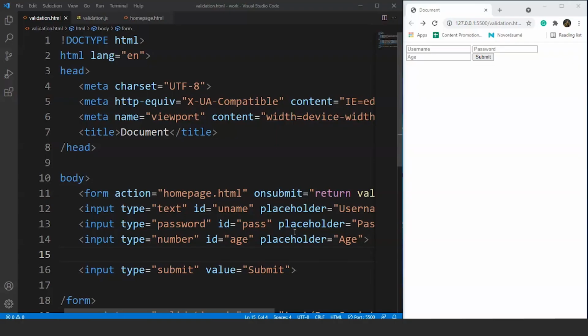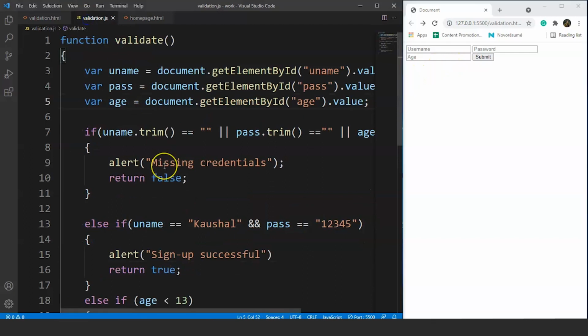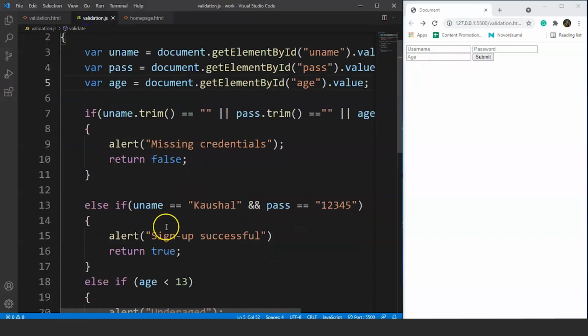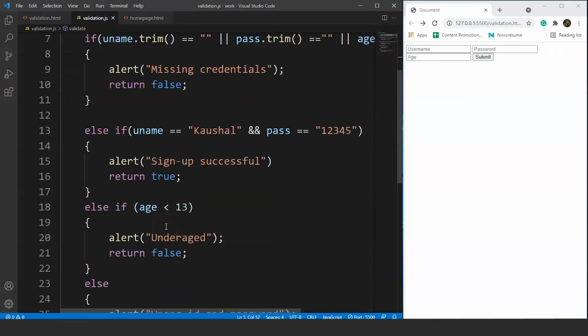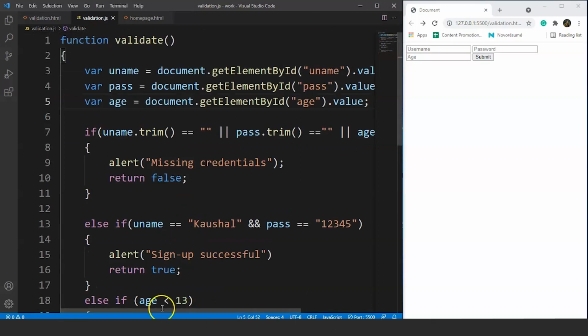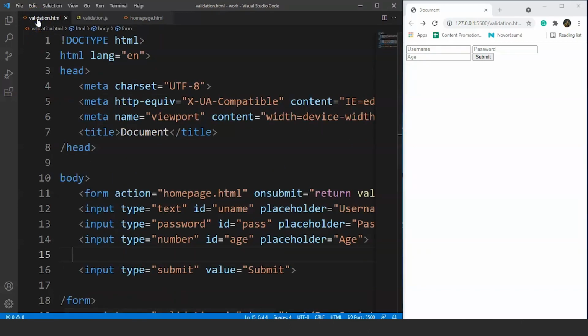Here is the sign up form we created in the last video. You can see we have a username, password and age here, and we have used certain conditions to validate this form. We have used if, else if and so many more things in that video. So if you haven't watched it yet, please go through it once and it will be easy for you to understand. Now, today we'll add another text box here wherein the user will enter the mobile number, and then we'll validate it in two different ways.